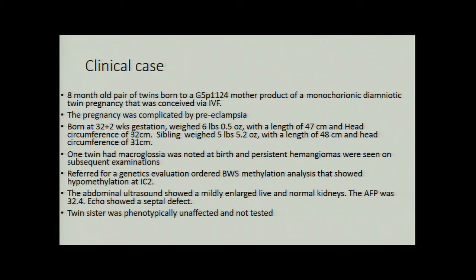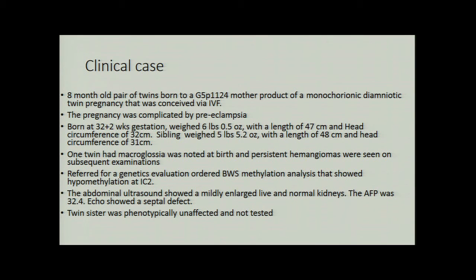One twin was found to have macroglossia, a large tongue at birth, and persistent hemangiomas that developed over subsequent examinations. At that point, they were referred for a genetics evaluation, and the geneticist ordered genetic testing and found that at least the one twin was positive for hypomethylation at Imprinting Center 2. They underwent a surveillance protocol that included an abdominal ultrasound, which showed a mildly enlarged liver